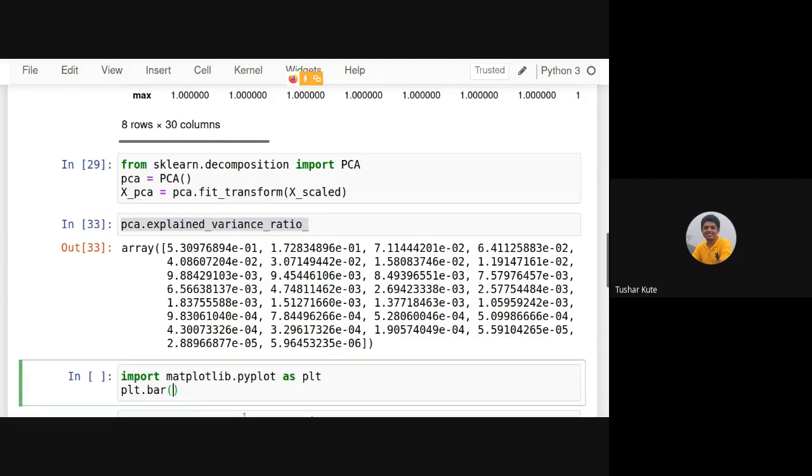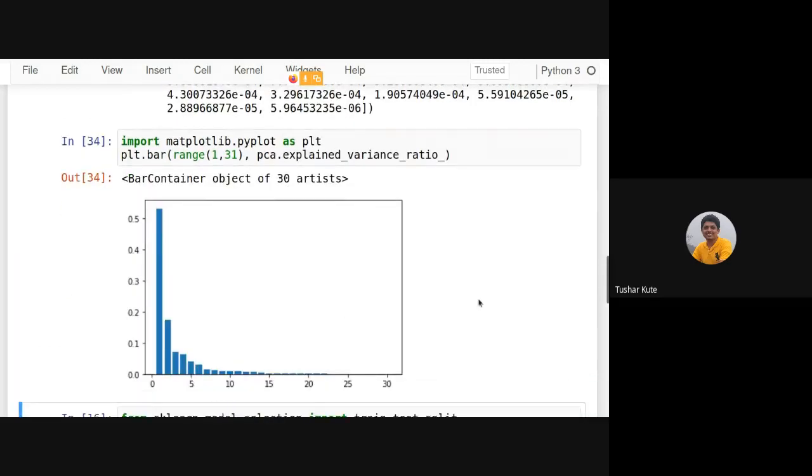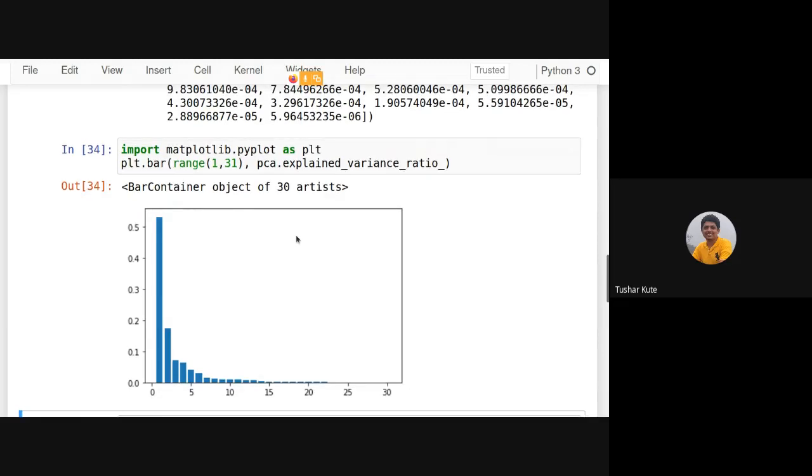On x-axis we'll have a range 1 to 30. Let's see this. Yeah, these are the principal components from 0 to 30, and this is the variance caused by them. This is the variance we got.